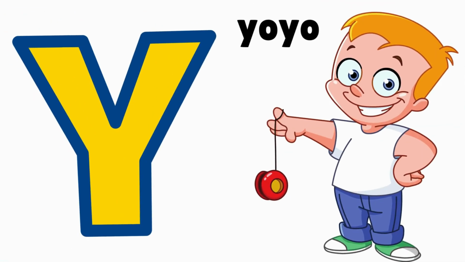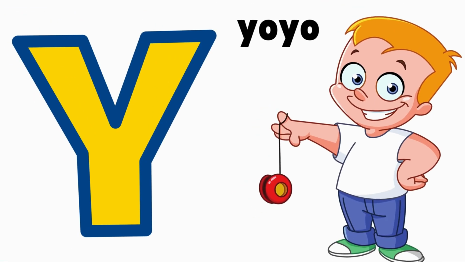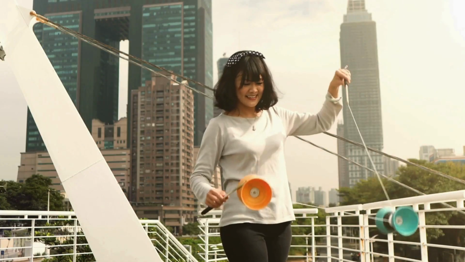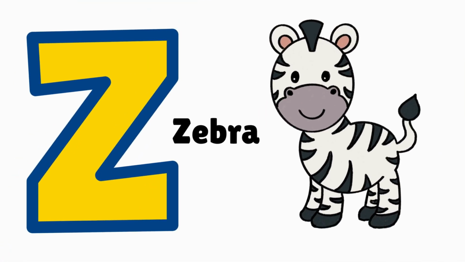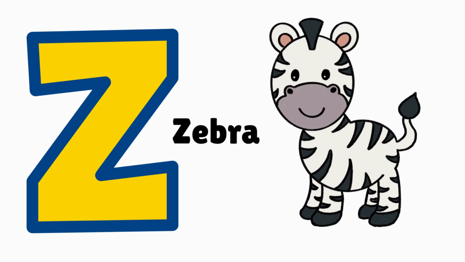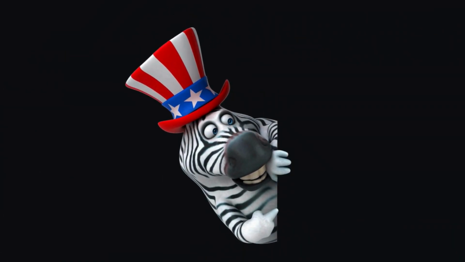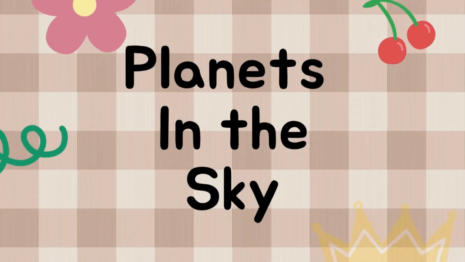Y is for yo-yo, yo-yo. Z is for zebra, zebra. Learning planets in the sky: